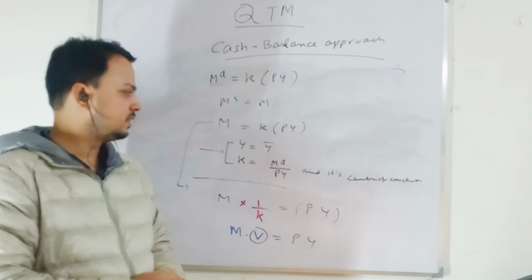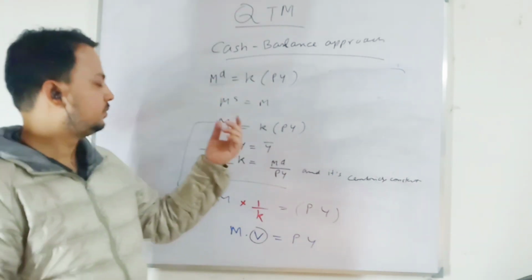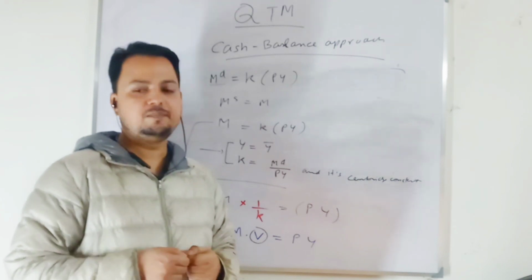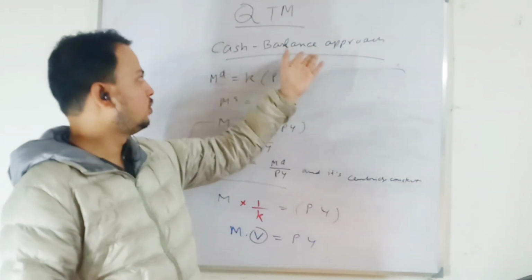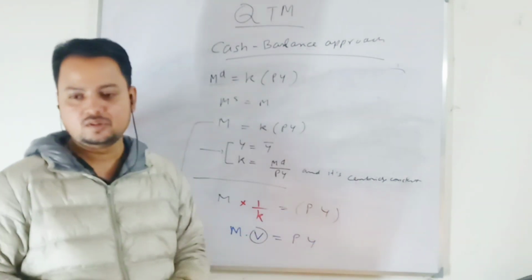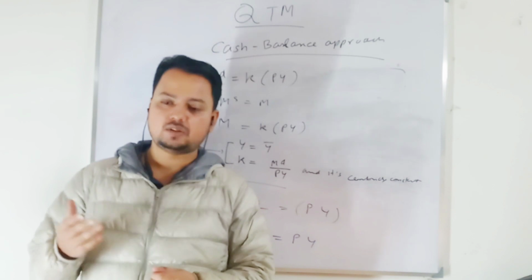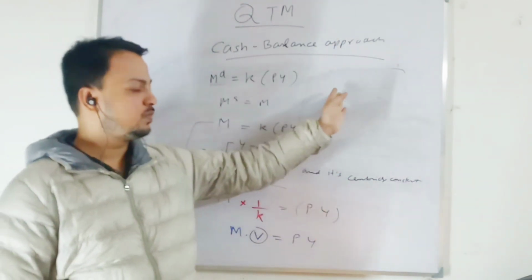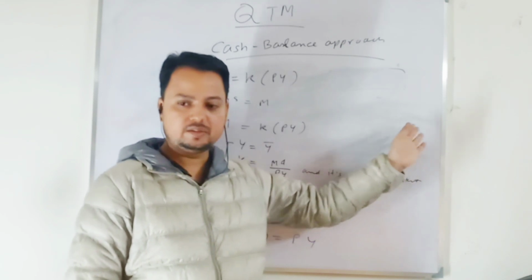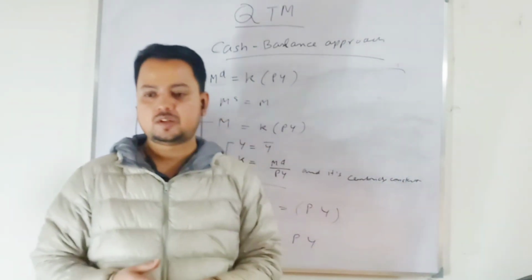Third thing is that this money demand is basically dependent on the rate of interest. Keynes also contributed to this cash balance approach, but he developed his theory later on, where he has shown that money demand is a function of the rate of interest. So when the rate of interest falls, money demand will increase. I will show it. That is why it is negatively sloped, that we are going to do.